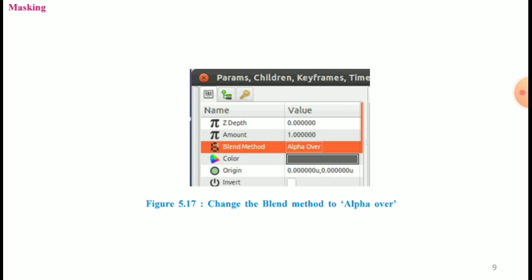Next, select the mask layer from the layer panel, and in the parameters panel set the blend method to alpha over. Figure 5.17 shows the blend method changed to alpha over.